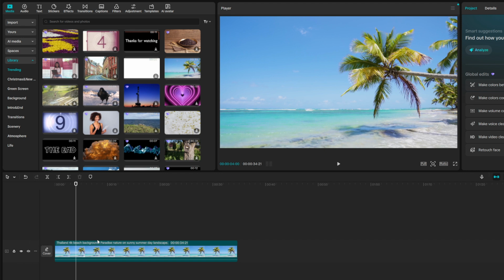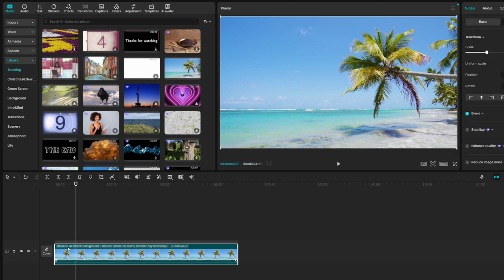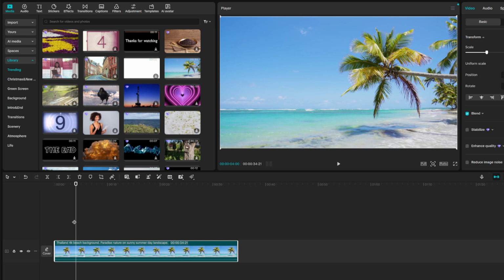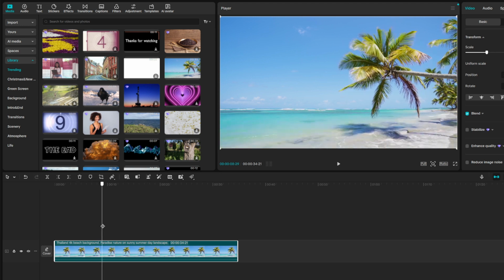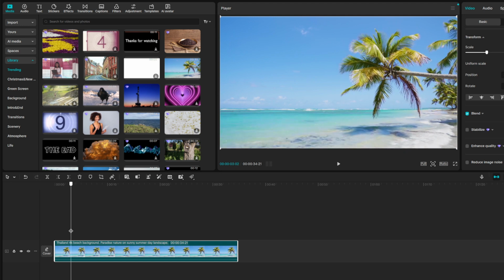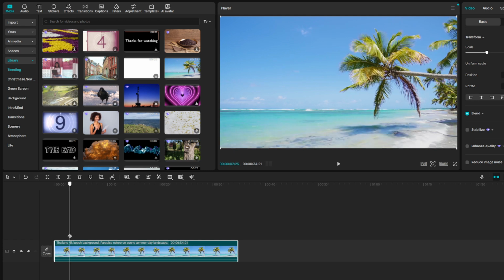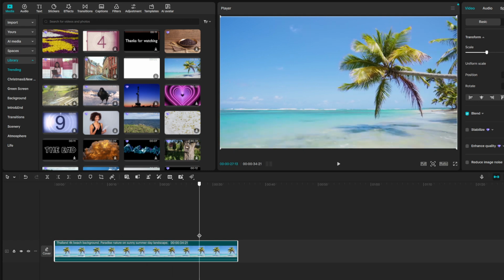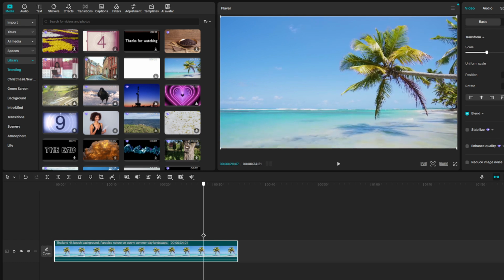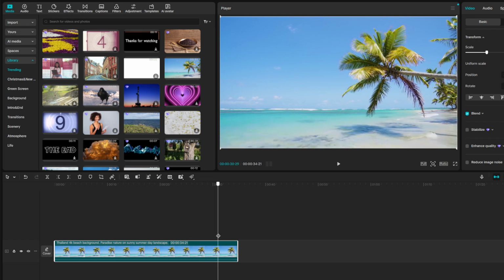Next, move the playhead, the vertical line on the timeline, to the exact spot where you want to make the cut. Play the video to find the right moment and pause just before or exactly on the frame you want. For better precision, zoom in on the timeline so each frame is easier to see, and use the left and right arrow keys to nudge the playhead frame by frame. This helps you land precisely where the action starts or ends, which is especially useful for cutting out pauses, mistakes,